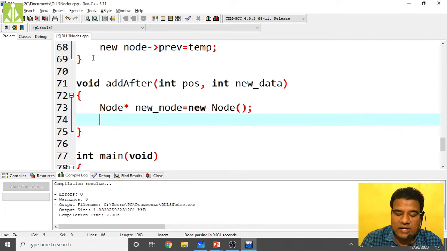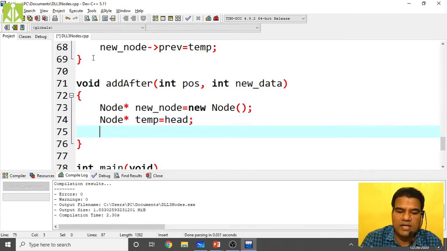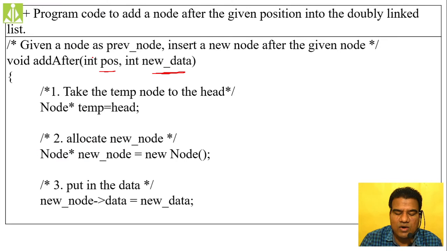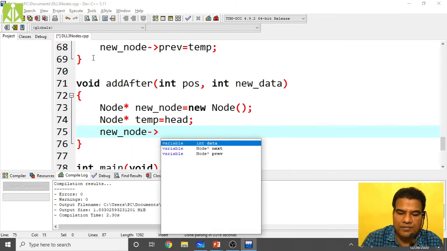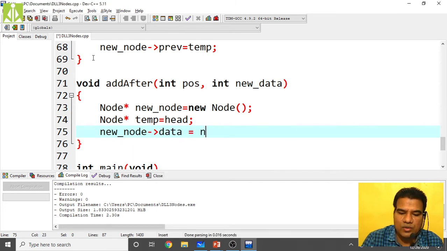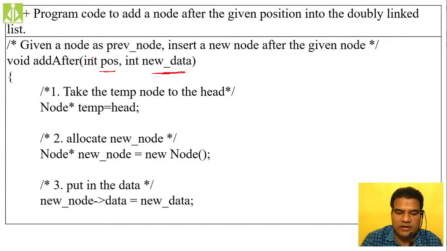Your temporary pointer should be node star, isn't it? So node star temp, and make it as head. The next thing we are doing is inserting the data part inside this new node: new node of data equals to new_data. So we have inserted the data.